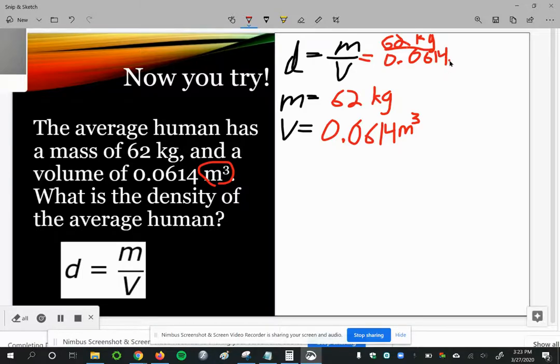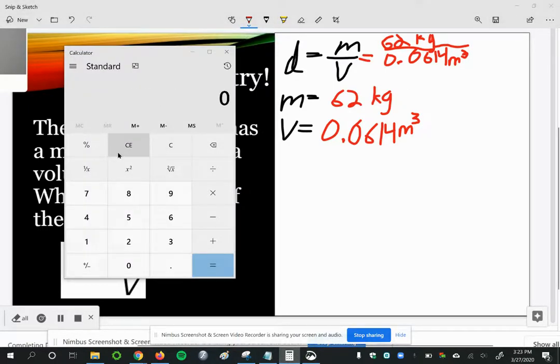I'm going to write the answer really big because these units are too small to write. Okay, so again, handy dandy calculator, 62 divided by